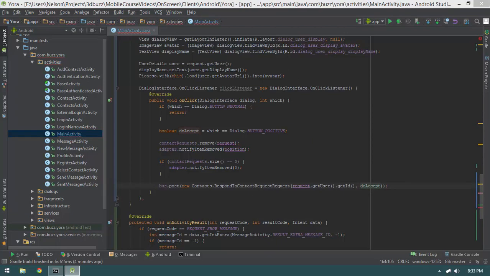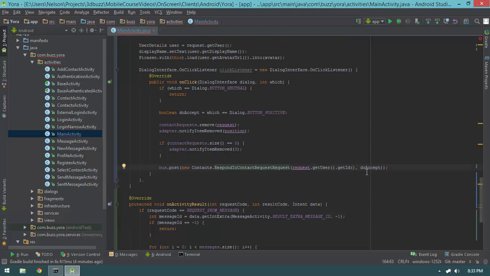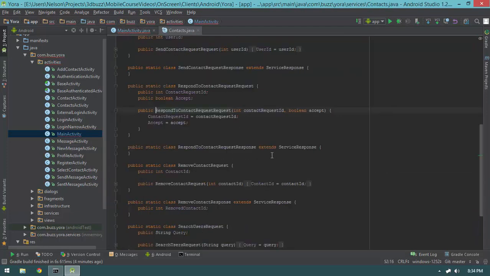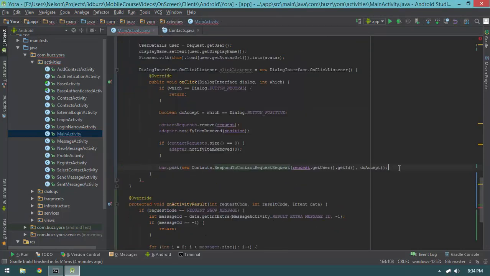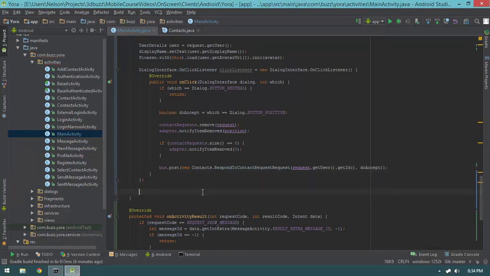And that's going to be pretty much it as far as our respond to contact request. I do want to point out though that I should come in here, I should control click on here and, oh, that's fine. Contact request ID, I suppose, is fine for that parameter name. All right, so now that we've done that, make sure to terminate that last curly,